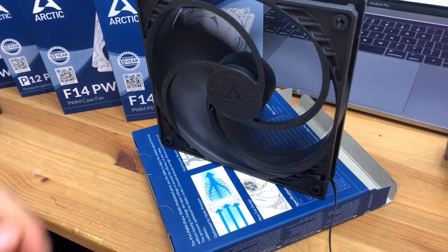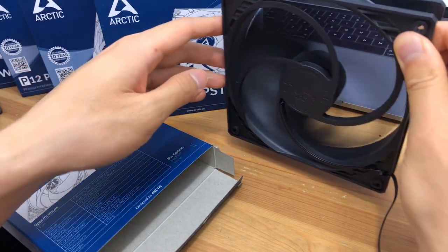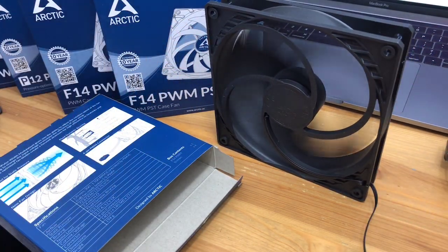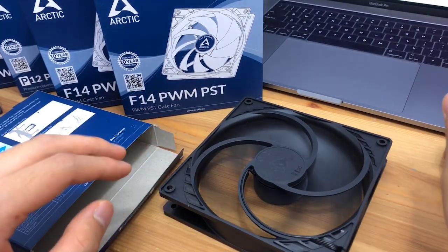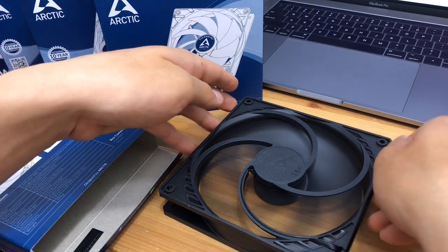You can definitely hear it. It's not absolutely dead silent. It's not too bad at all. I can definitely hear it more when it's on the desk because it's transmitting the vibrations. If I put it down flat, I can hear the cogging. I don't know if you can hear it off the microphone, but